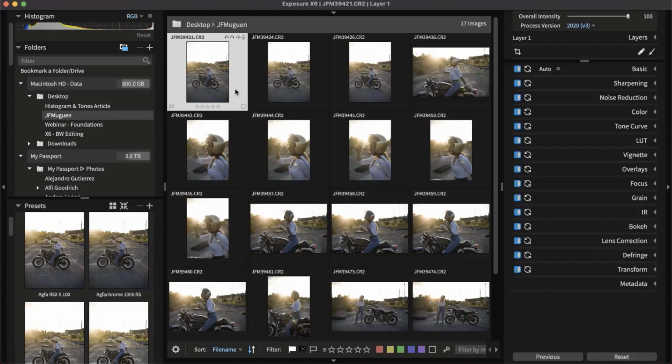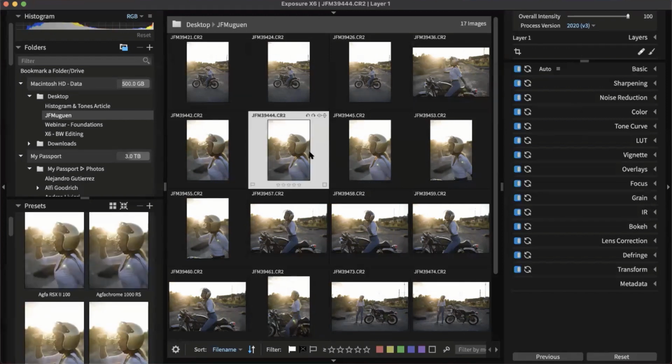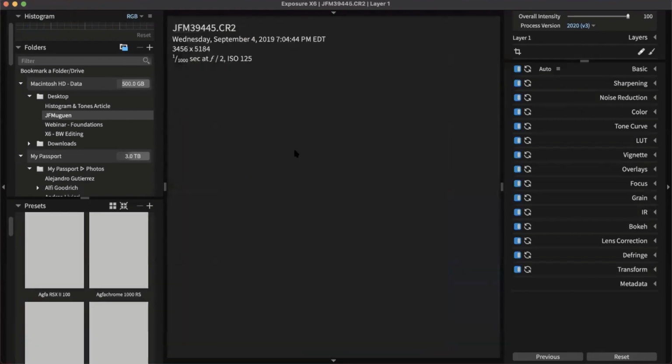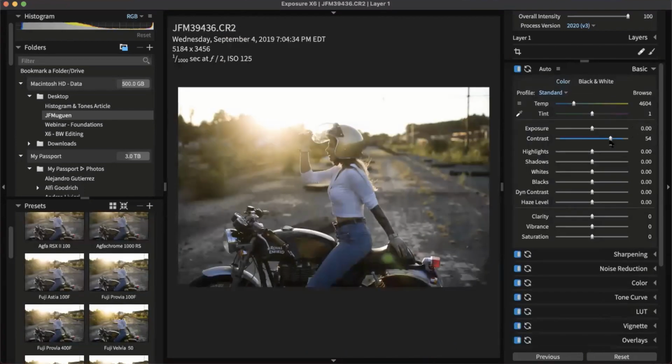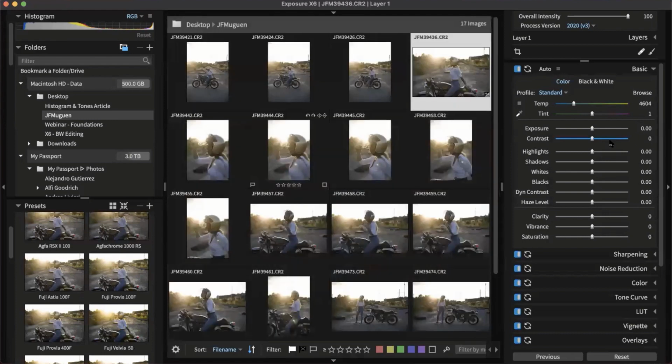So there are no modules either in Exposure. So all the commands are available all the time. So you can always access and edit files. It doesn't matter what view you're in. You can switch back and forth between images just like so. You can apply any kind of edits you want at any time. Also,